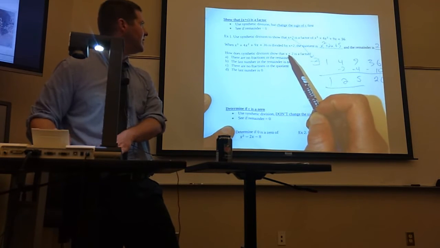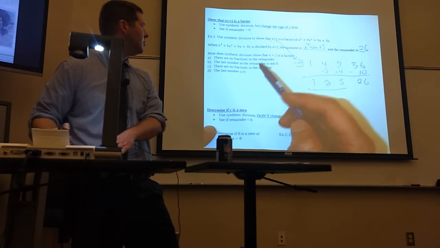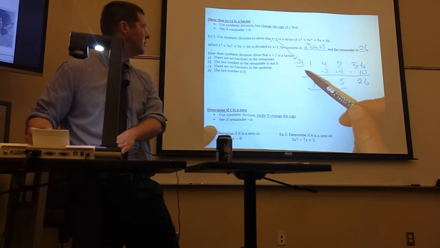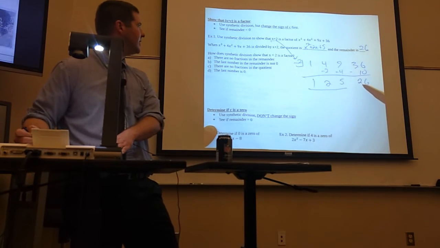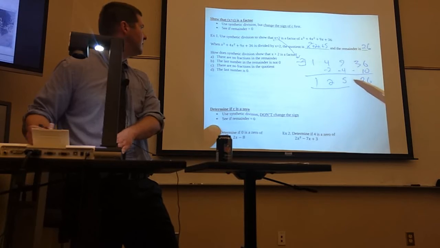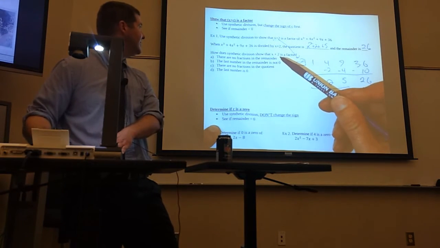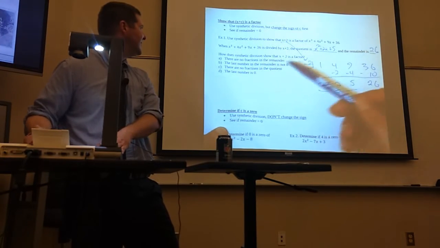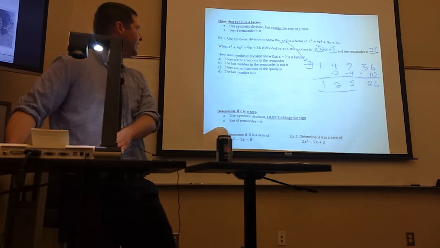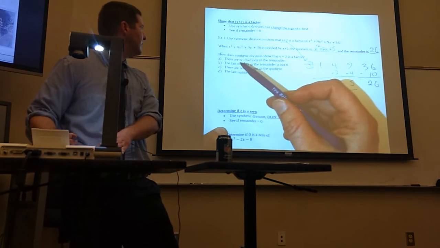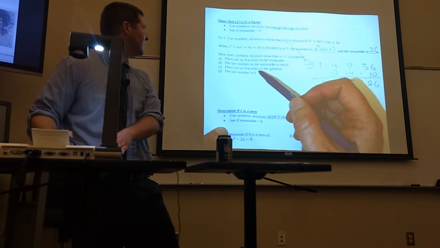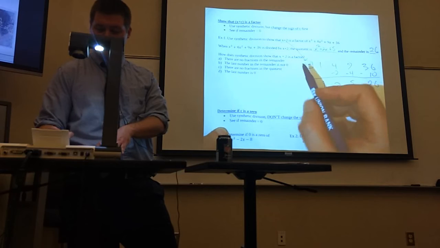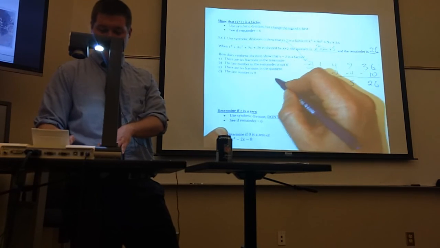Ooh, did I screw this up somehow? Probably. That is definitely not a factor. Right, we got a remainder of 26 here. That tells me that this thing is not a factor. So I think I actually just had a typo here. I don't think you'll ever see this part unless it actually is right. So in our case, x plus 2